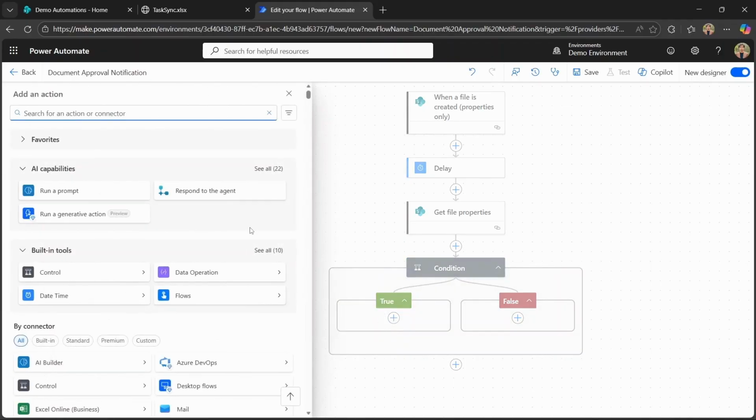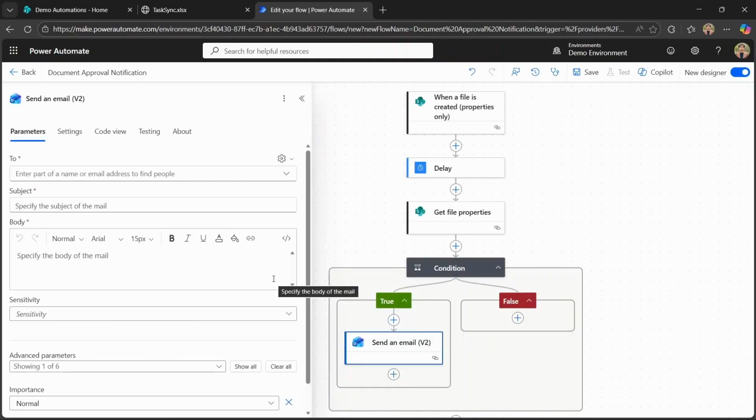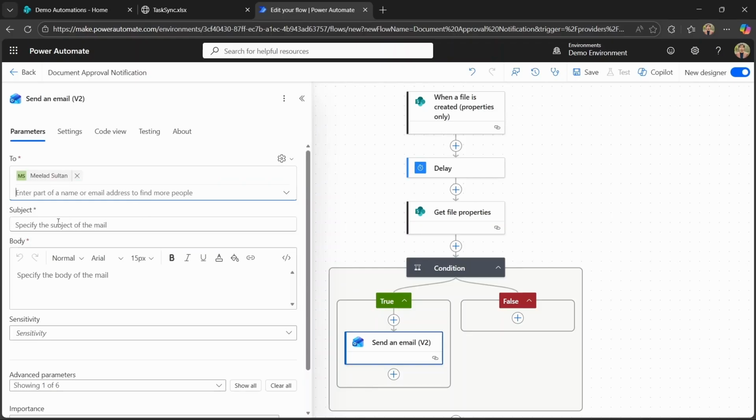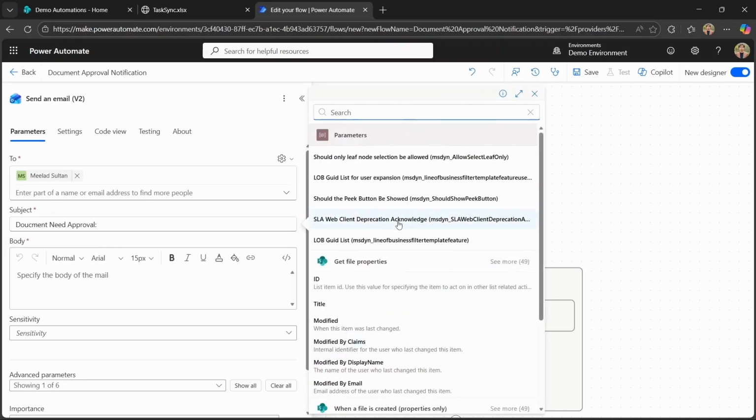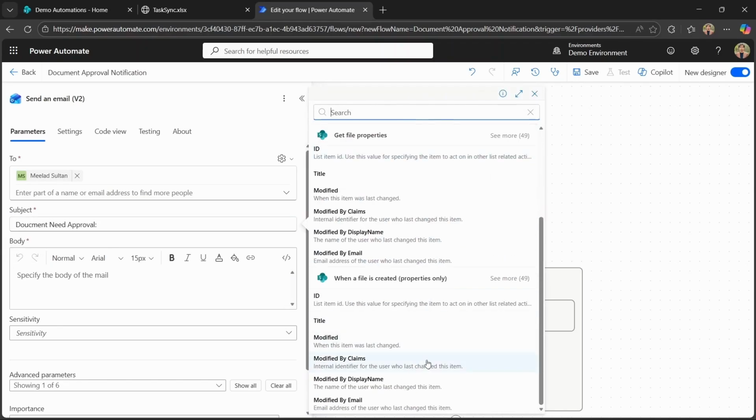Now in the true branch, you have to send an email. Why am I choosing Send an email V2? Because it is quite simple to add, easy to set up from a beginner's perspective, and it won't throw any errors. So for the subject of the email, we put document, and from the dynamic content, you will choose